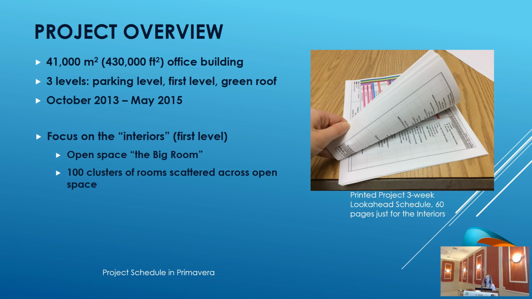It was composed of a main parking level, then the first level, and then a green roof. Plenty of trees on the green roof. On the first level, it really resembled a big, huge open space. And in this open space, there were hundreds of clusters of rooms. Each of these clusters included between 2 to 10 different conference rooms of different sizes, finish types, and so forth. And what the general contractor was saying is that basically on this project, every square foot was really unique,